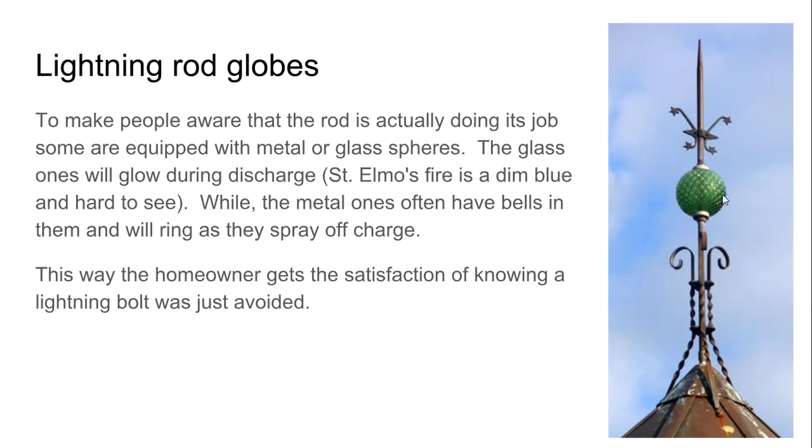So many lightning rods employed this orb here. It's decorative, but this orb will flash as it's discharging electrons that are too dim to see. So you could say to the person, look, every time you go outside and you see a flicker of light from that orb, that was a lightning bolt prevented that could have destroyed